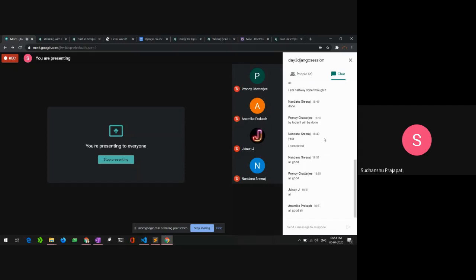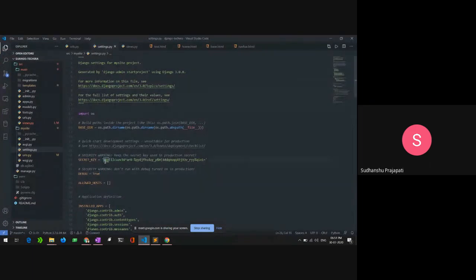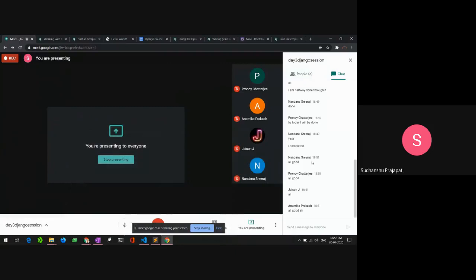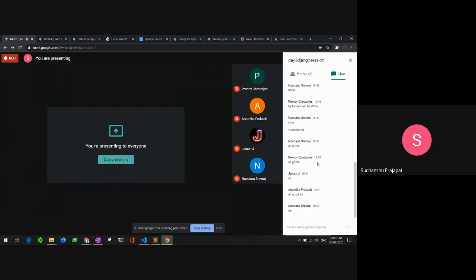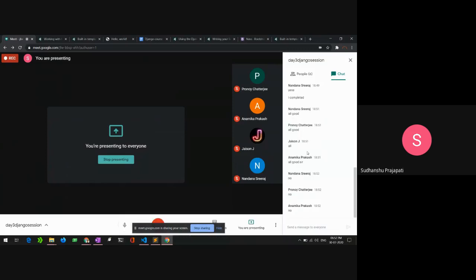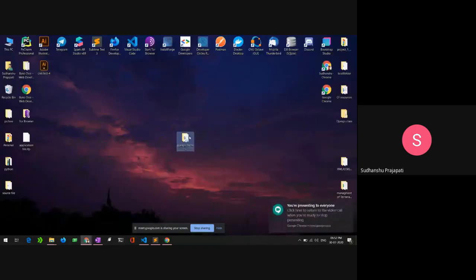Do you guys know how we actually store our environment variable? In the last part I was explaining how you can get a secret key from your environment variable. Did you guys know actually? Just let me know in the chat box. Okay, we have some time left, so it won't take much for that.